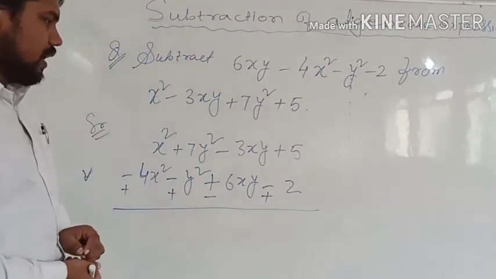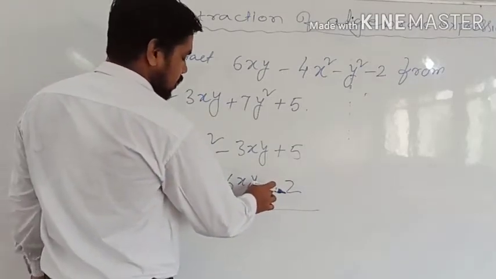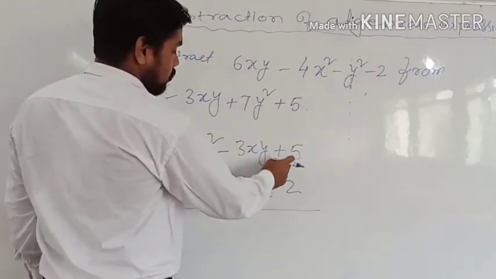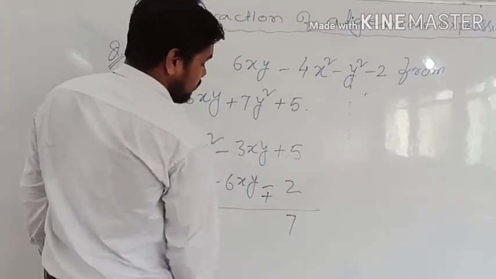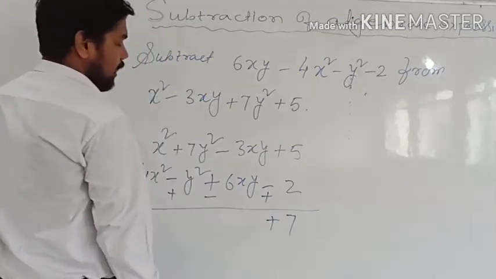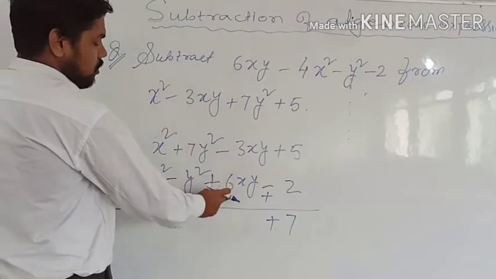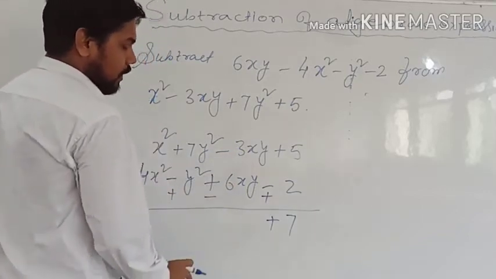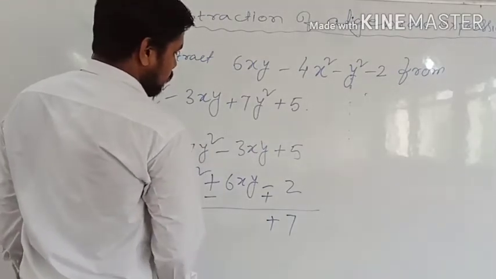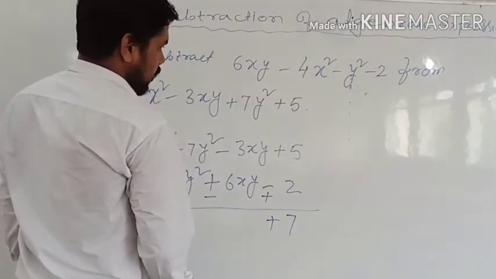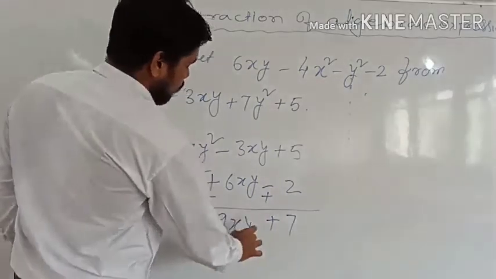And after that, now we will add. So if you add this now, this is not a negative sign now, this is a positive sign now. So this is also a positive sign, so it will be 8. So 5 plus 2, it will be 7. This is plus 7. And now this is also a negative sign. This becomes a negative sign also. So these two terms also will be added. So 6 plus 3 is 9, right? So now 9xy, so minus 9xy.